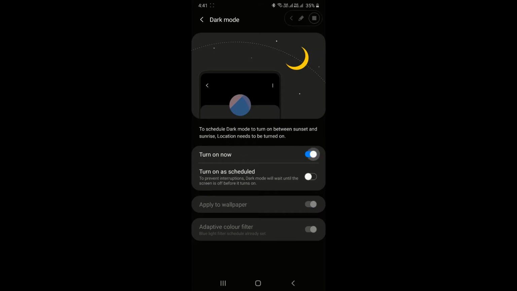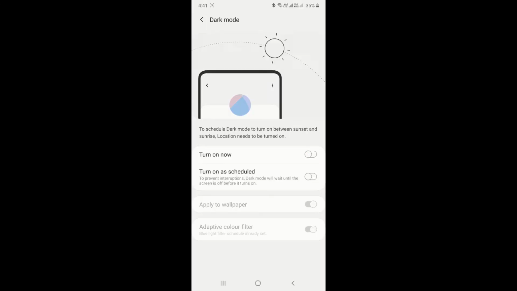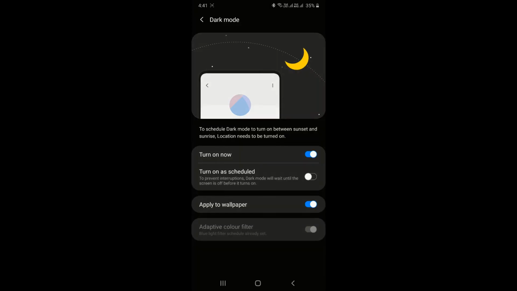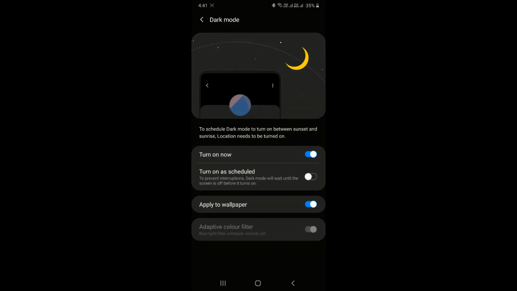If it is disabled on your phone, just enable this. By enabling this, a few of your applications will also turn into dark mode if the feature is not inbuilt. However, the dark mode will be forcefully enabled for a few of the applications on your Android phone.